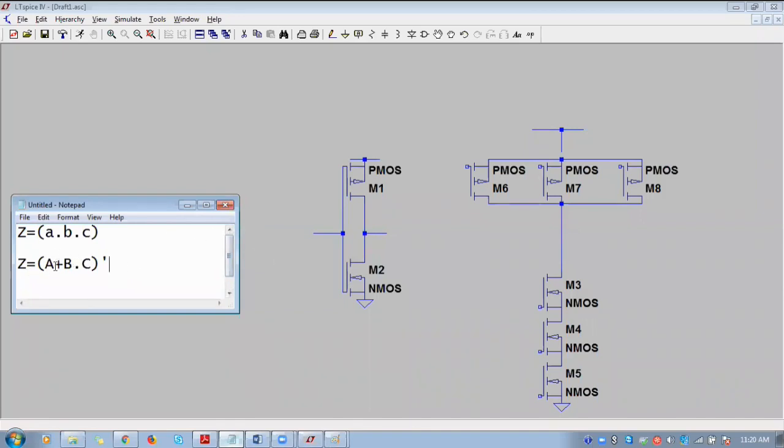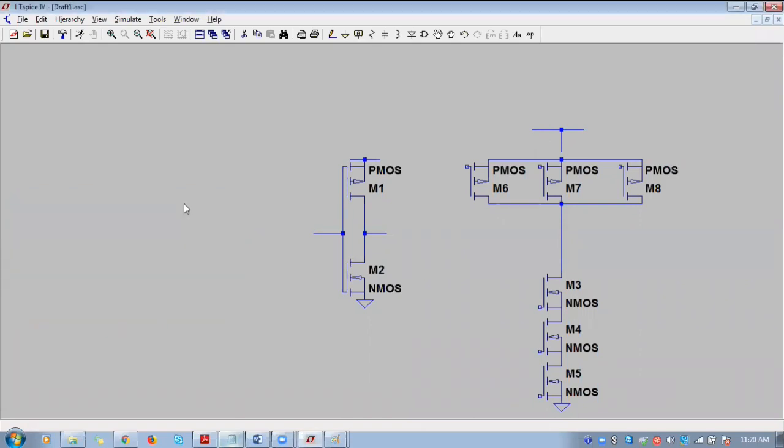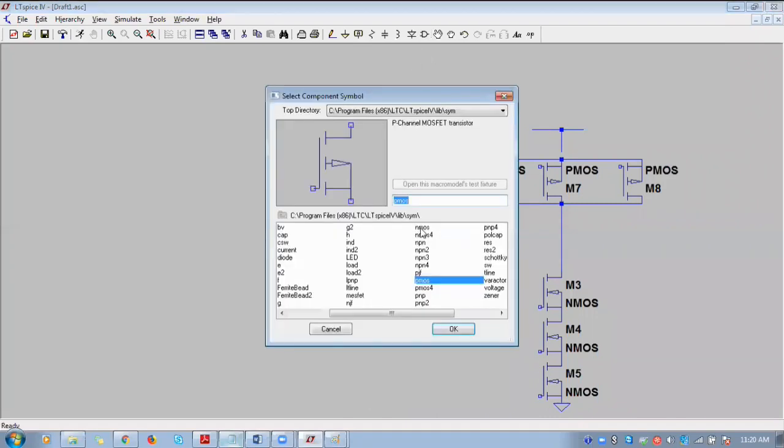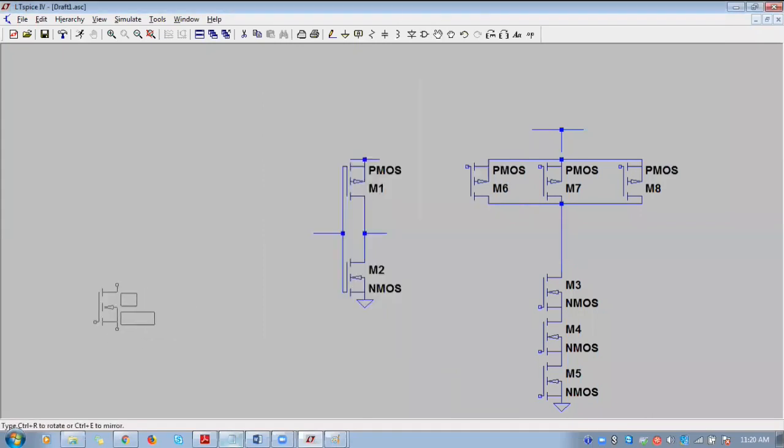So I will draw this logic, A plus B dot C. So B dot C has to be drawn first.